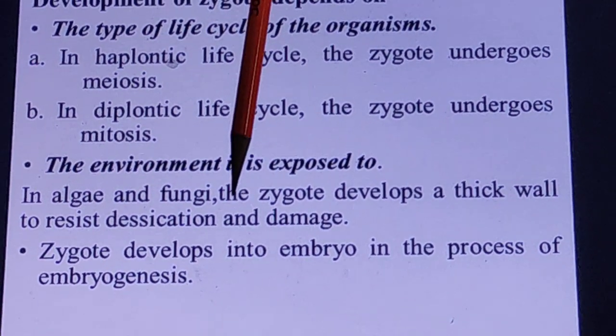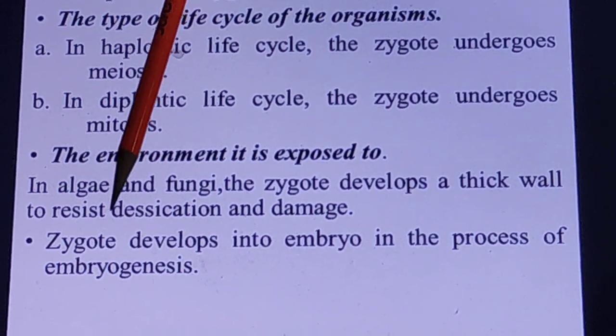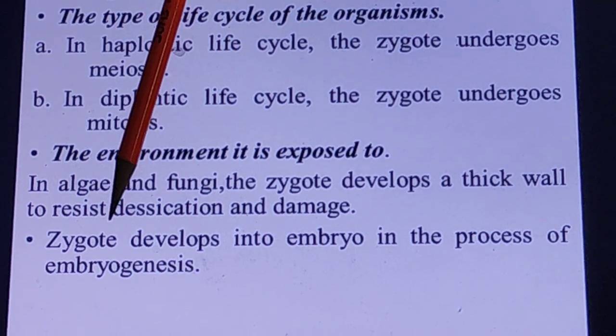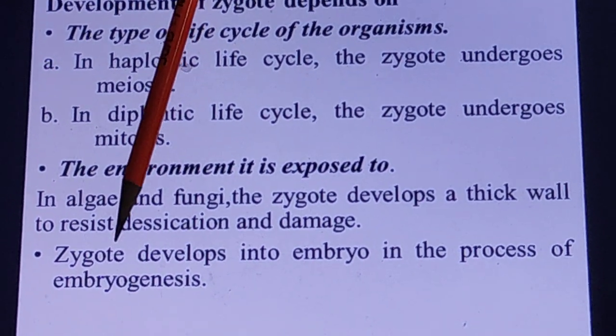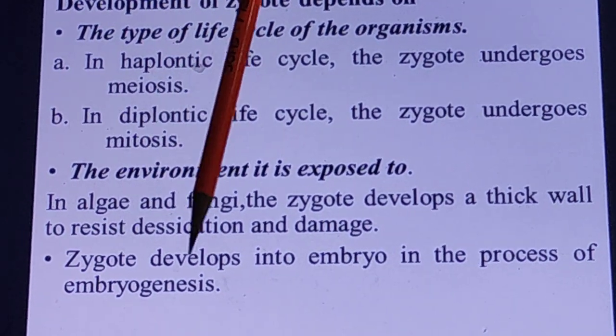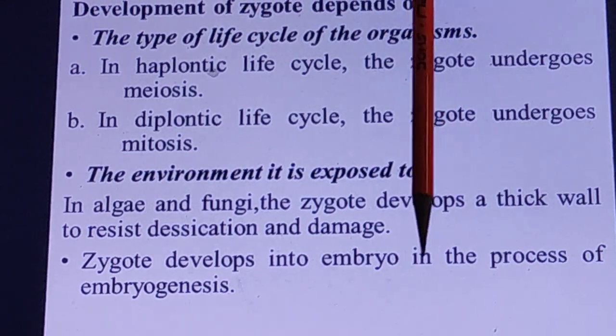Clear? Then in case of diploid organisms like animals or higher plants, zygote develops into embryo in the